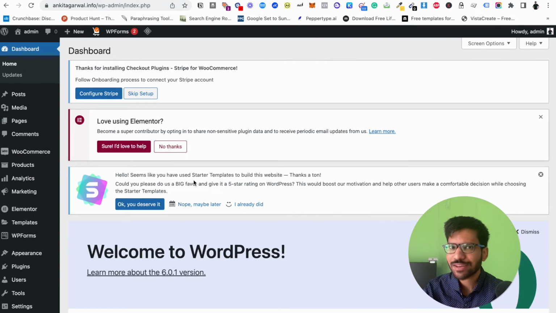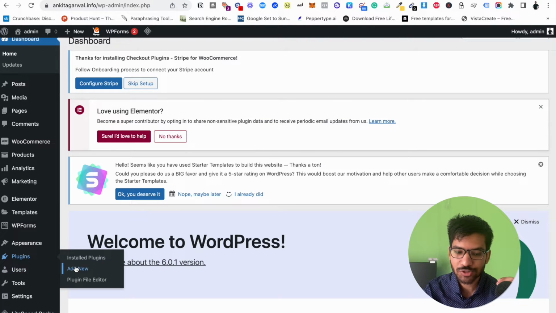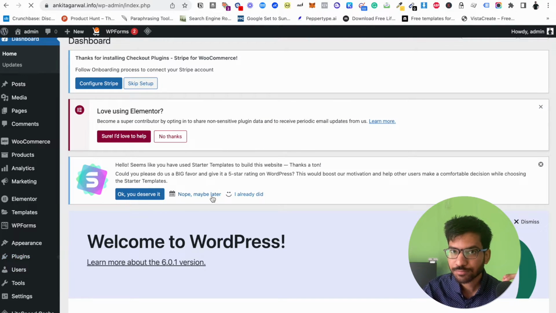Guys, the process is very simple and very straightforward. I hope you already have your Google Analytics 4 account and your GTM account. If you don't have these accounts, then set them up. And once you set up these accounts, then you need to visit your WordPress admin panel and install this plugin. Just click on the plugin section, add new,